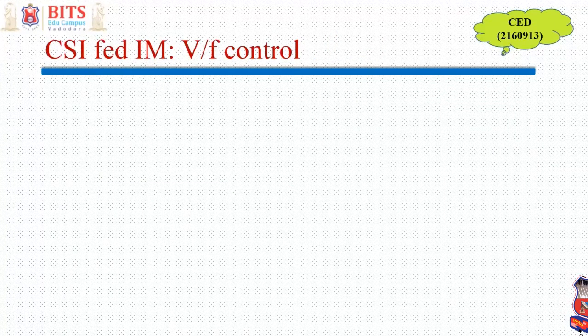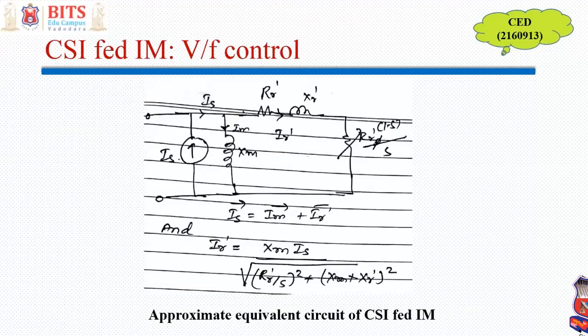Now, today's topic: we would like to discuss the option of a CSI fed induction motor drive. CSI means current source inverter. So this is the basic fundamental. If I have a voltage source, I know I can replace it by a current source. A voltage source means it provides constant voltage between two terminals, and a current source means it injects a constant amount of current at its terminals, right?